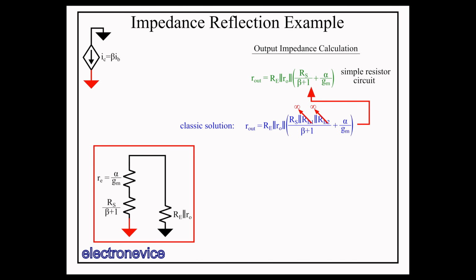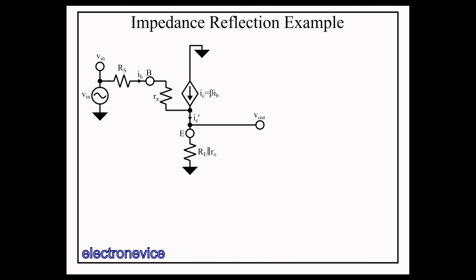In addition to moving resistances from the base to the emitter, we can also move resistances from the emitter to the base, which will help us with the input impedance calculation for this circuit. Moving briefly back to the circuit prior to any impedance reflections, we have Rs and R pi in the base, so to speak. All we need to do is transfer this Re parallel Ro resistance. So really all we have to do is the opposite of what we did with the moving of impedance into the emitter.